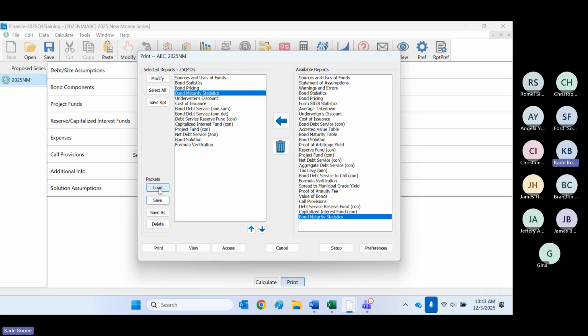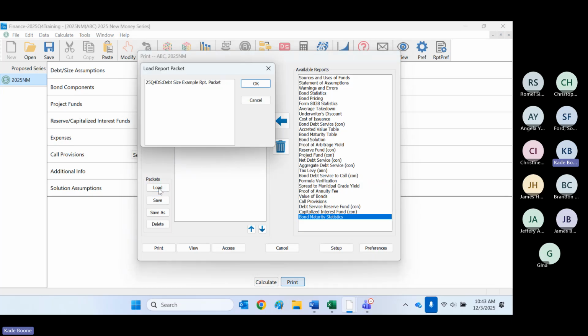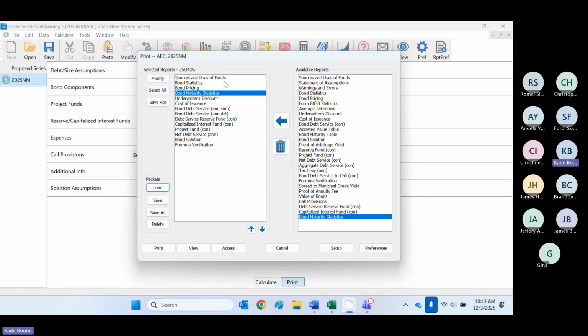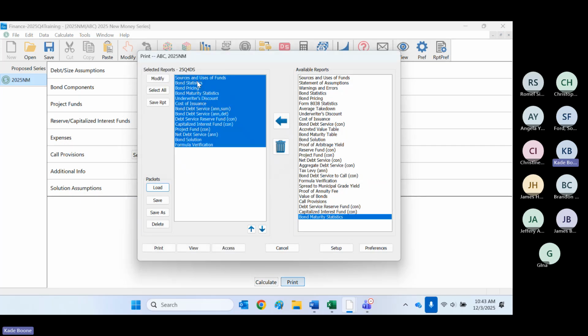Now, if these are refund specific reports, you won't be able to pull them up in a debt size because there's no escrow and stuff like that. But when you go in here, load. If I hit delete and then I go load, select it, it's in that exact order. So now when you view it,